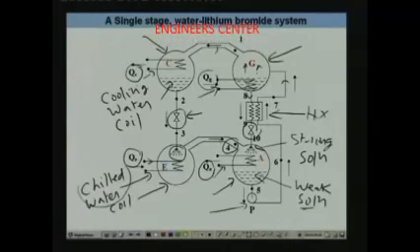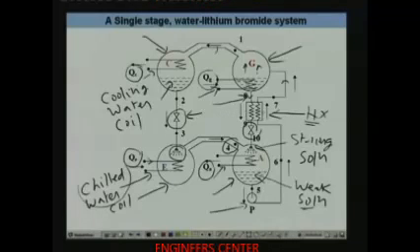and thus the refrigerant cycle is completed. And as far as the solution is concerned, you remember that at the exit of the generator you have strong solution. That means solution that is rich in lithium bromide. It is at high pressure and it's hot. Now it flows through this heat exchanger again, where it exchanges heat with the weak solution,